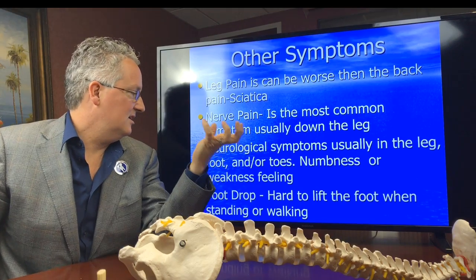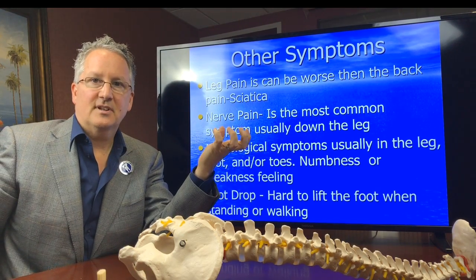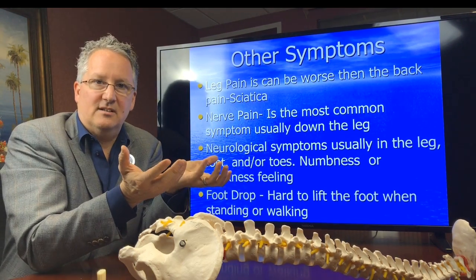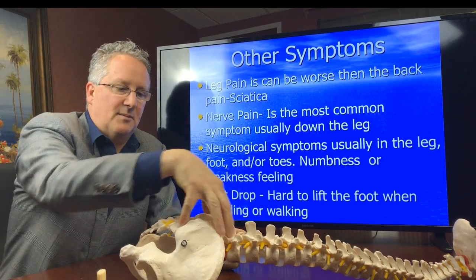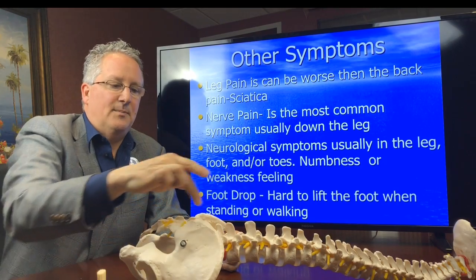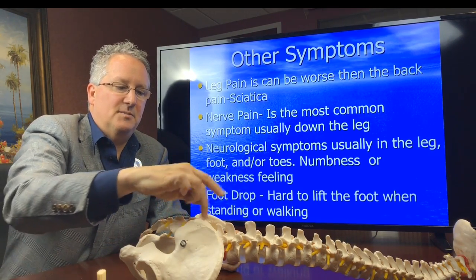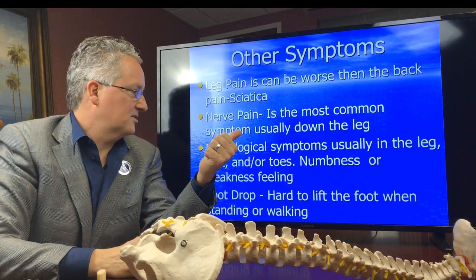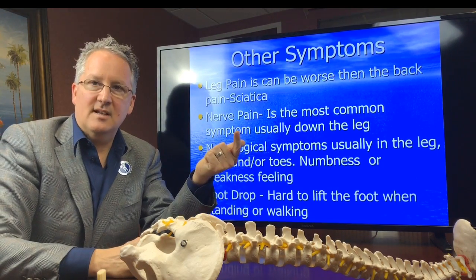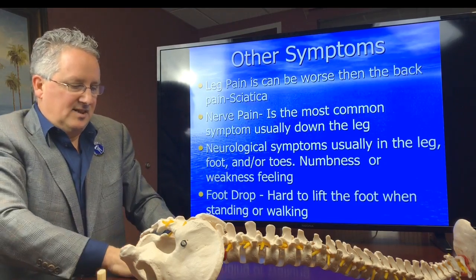Sometimes what happens is you get numbness. Okay, you get numbness in your toes and your feet. Sometimes you can have numbness in the leg. Now, there are 5 different nerves that come out of the base of the spine, and depending on which part of the nerve is being pinched, you may have different symptoms. Again, one of them is a muscle weakness, one of them is a numbness, but what patients say sometimes is